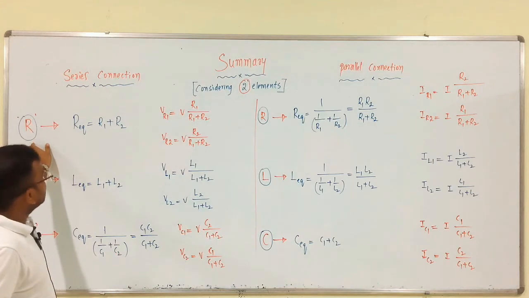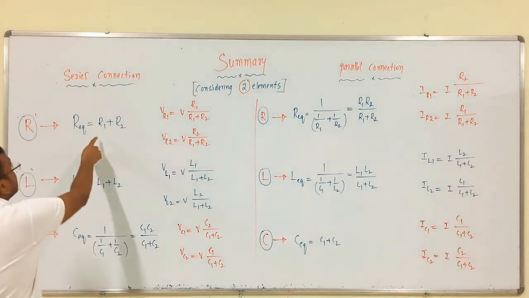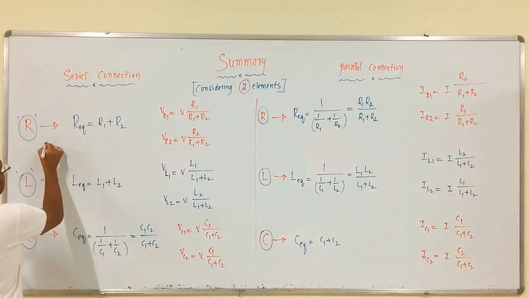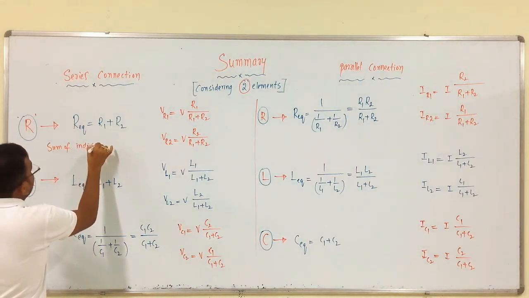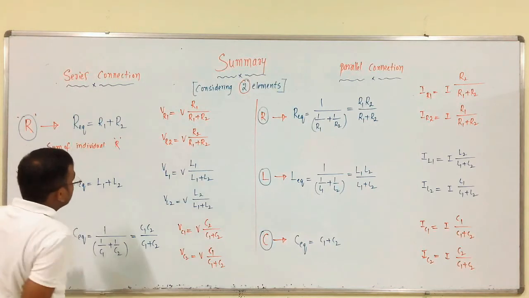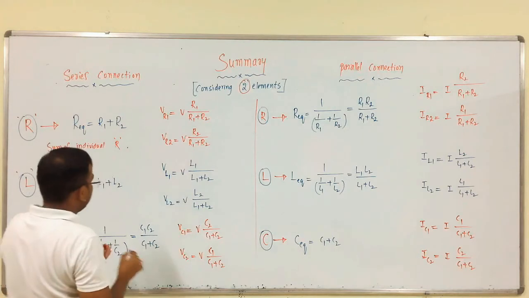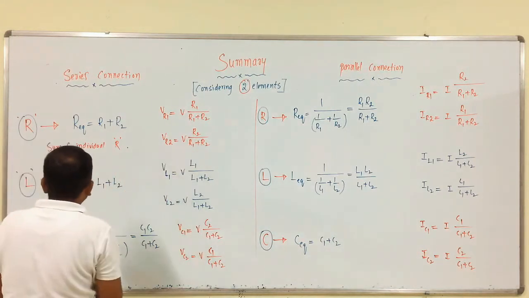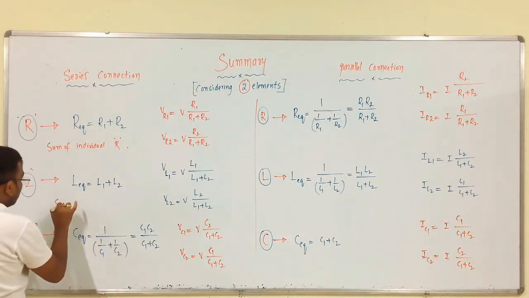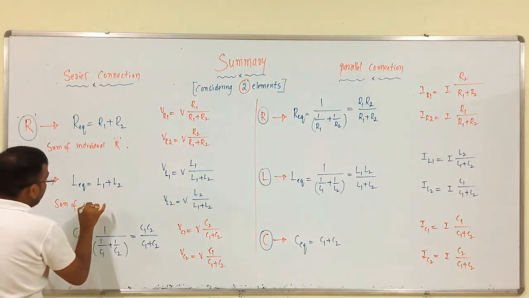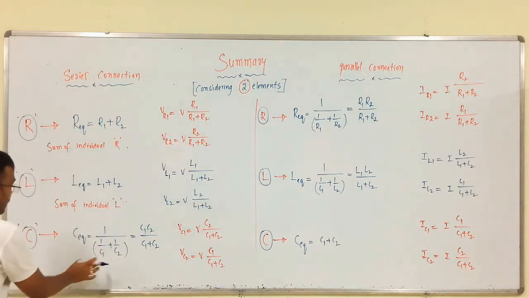Coming to the case of resistance, when two resistors are in series, R equivalent is R1 plus R2, the sum of individual resistances, right. This is what the voltage division principle is about, we will come to it later. Coming to two inductances connected in series, it is the sum of individual inductances, right. Coming to the capacitance,